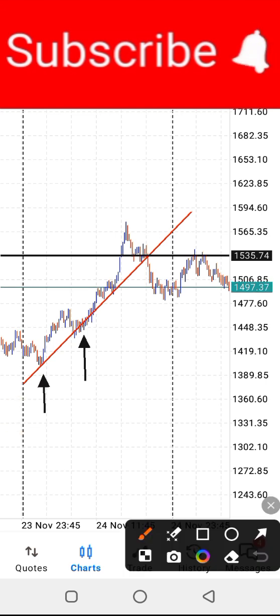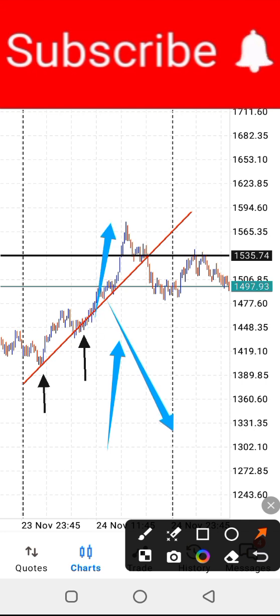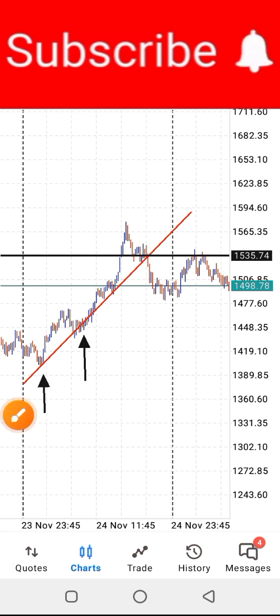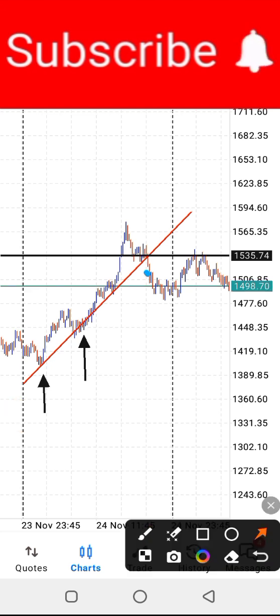And one good thing about trading in this manner is it helps you avoid fake outs, because if you check all these areas, it's looking as if a small portion of the candle is closing below. So if you are the type that once the candle breaks and closes below, you enter a trade, you get bonds right here, because a small part of the candle can just close below, you enter your sell trade and price will just move in the upward direction. But in this system, what you want to do is wait for price to go a reasonable distance away from your trend line, showing you that this is a clear break. Then you place your horizontal line at the intersection, then you wait for price to come back, and then you